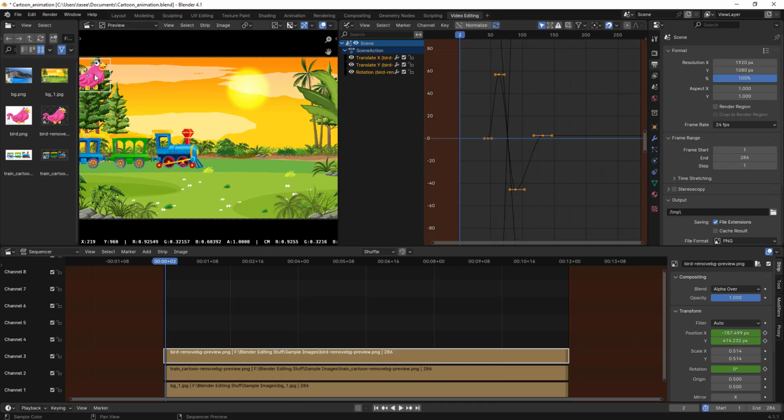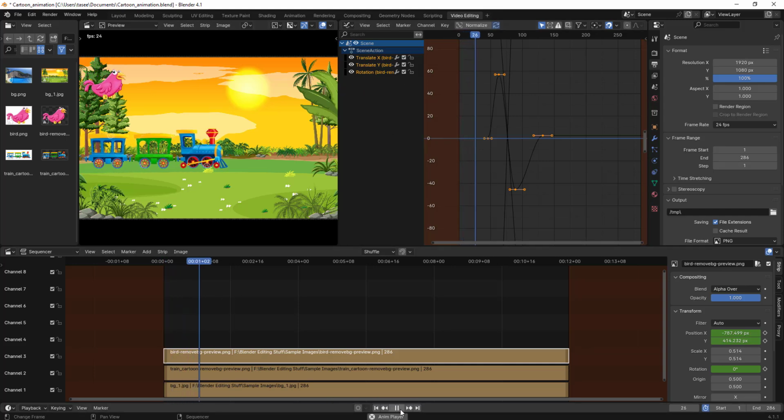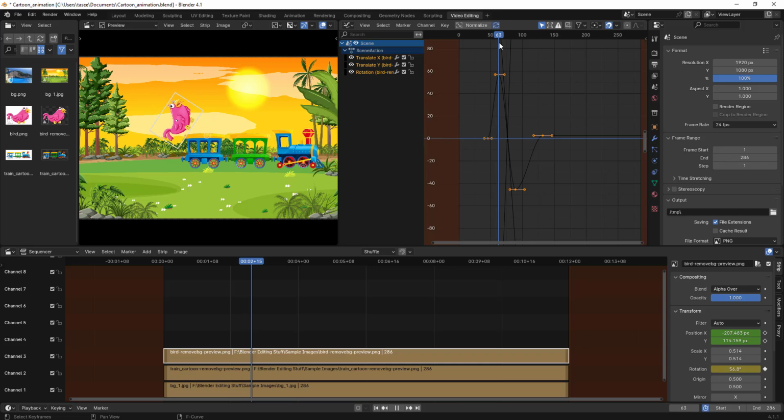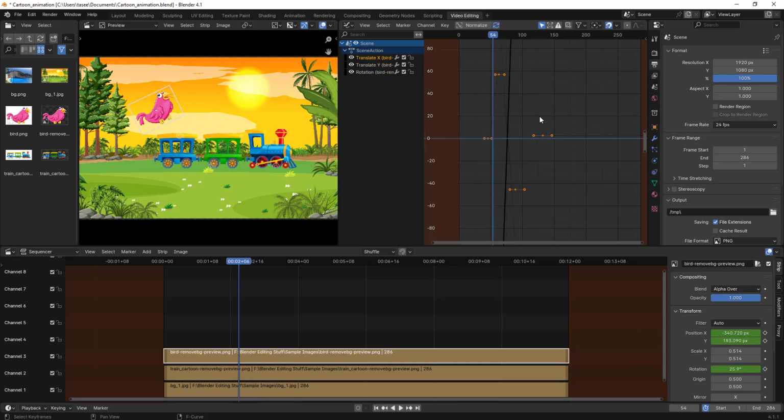There are a couple of things. I've selected this clip, this is nothing but the bird one animation. If I try to play, this is how it goes, left and right. If I scroll down, this is the movement which is happening on the bird side, like it is rotating a bit. If I select the x-axis, these are the particular movements happening there. And then if I select the y-axis, if you see,